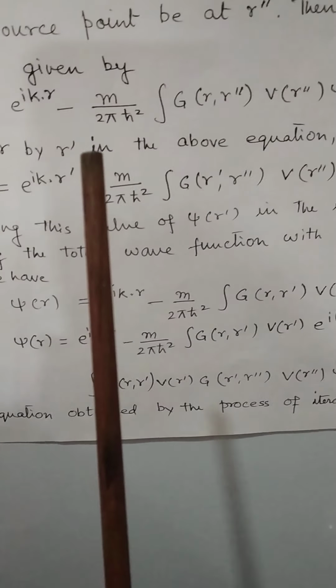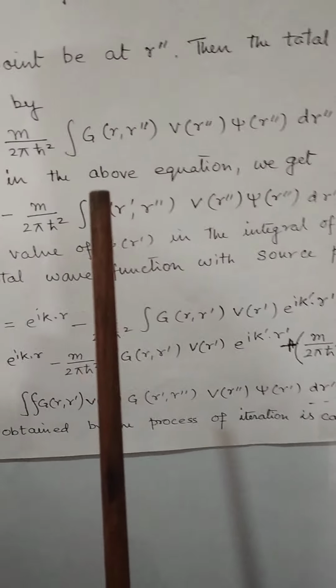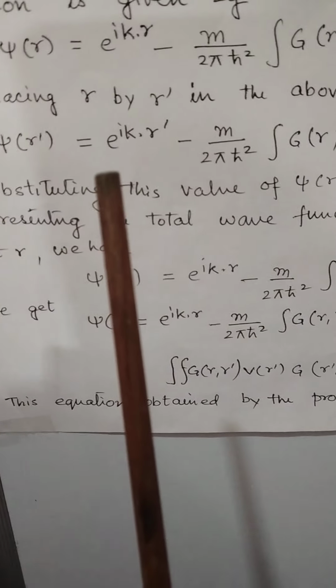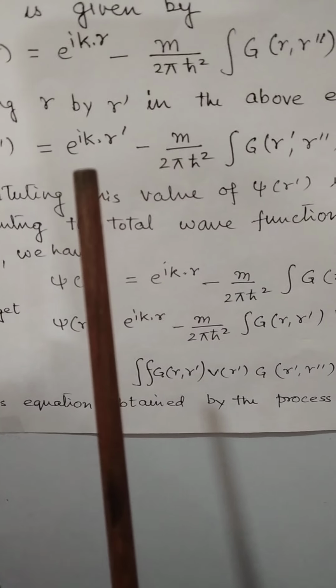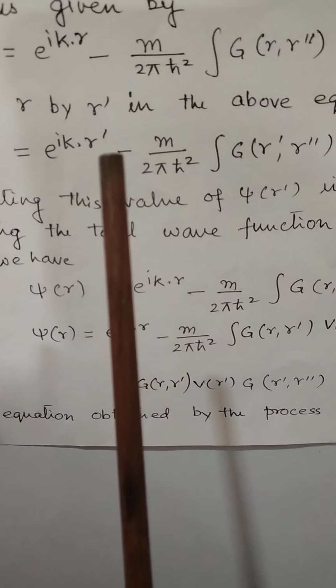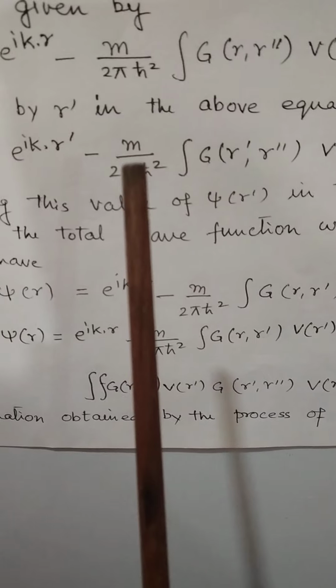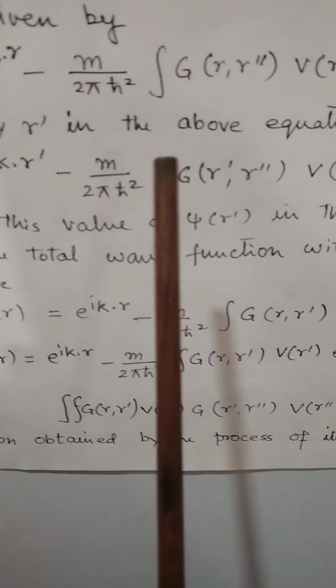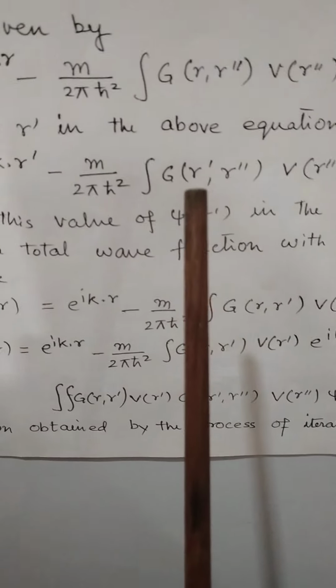Replacing r and r dash in the above equation, we get psi of r equal to e raised to the power of iota k dot r dash minus m upon 2 pi h cross square, integration g function of r